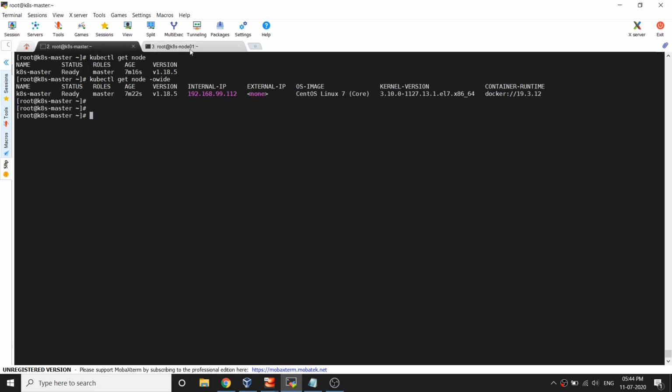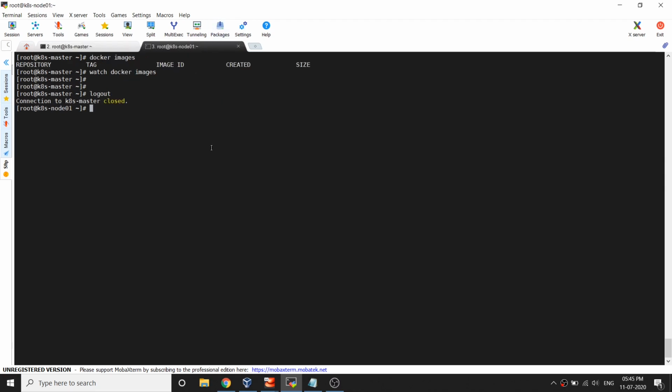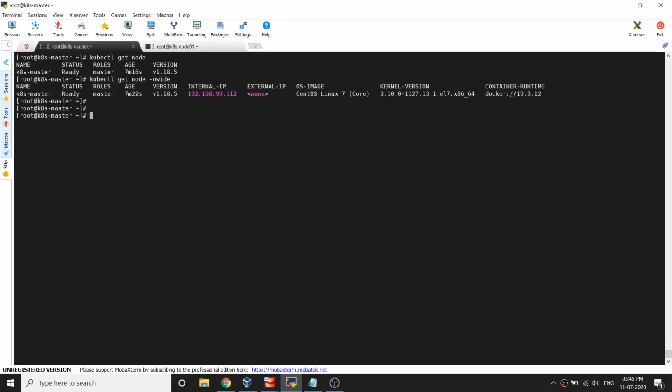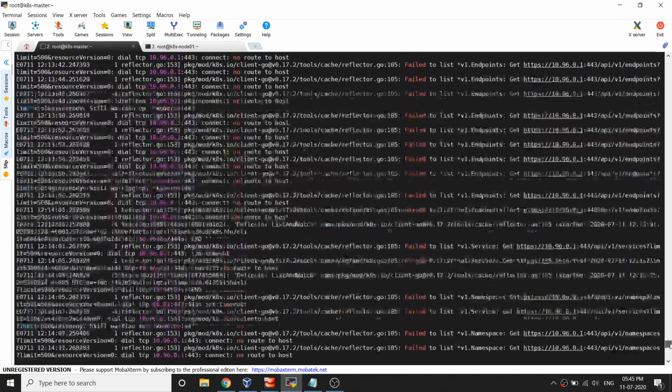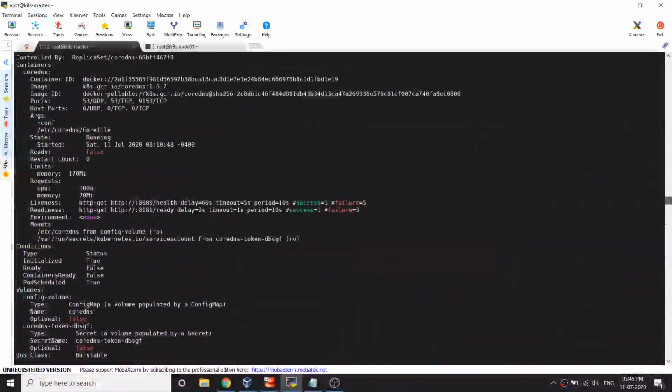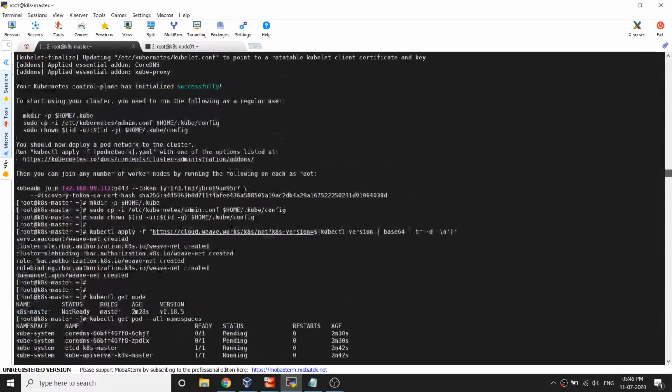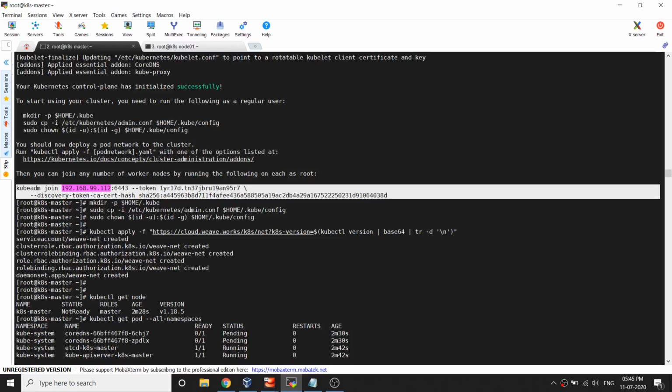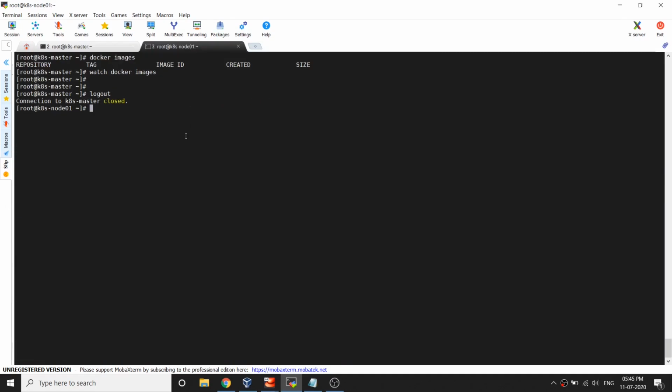Okay, so now the next step, what I'm going to do is add this worker node into the cluster. So currently I have only one node, the other one I need to add. For that, I need to run the kubeadm join command. Let me scroll up, and here when my installation was completed, you can see this is the command it had given, saying if you want to join any node to this cluster, you can run this. So let's run this command,